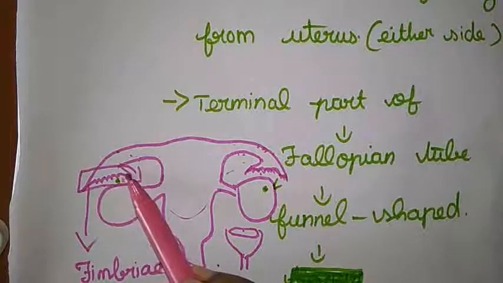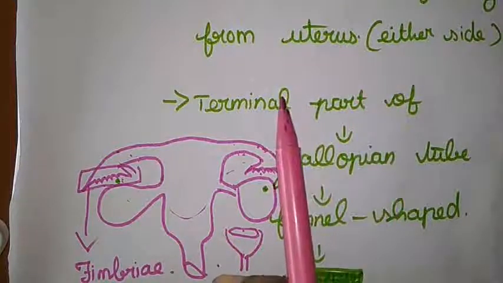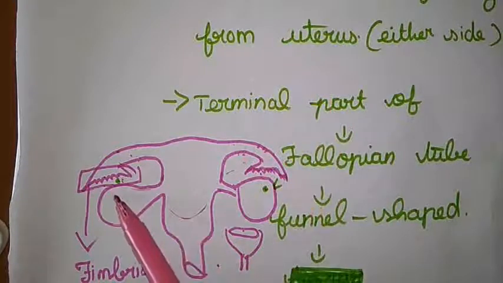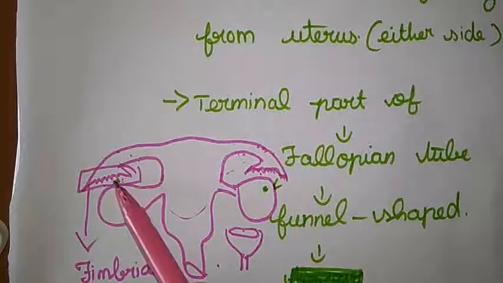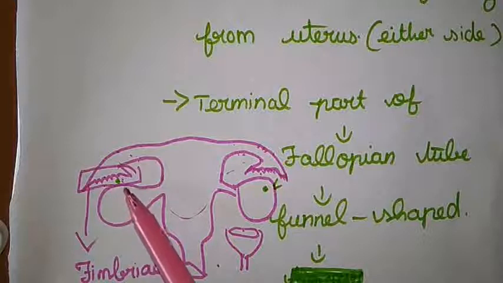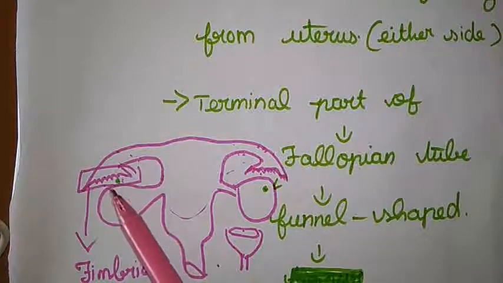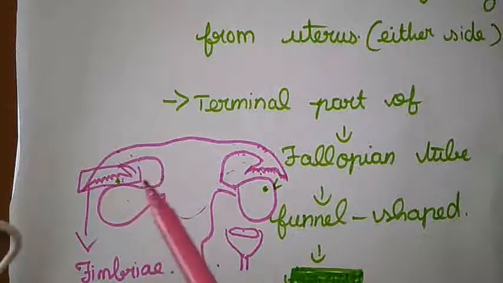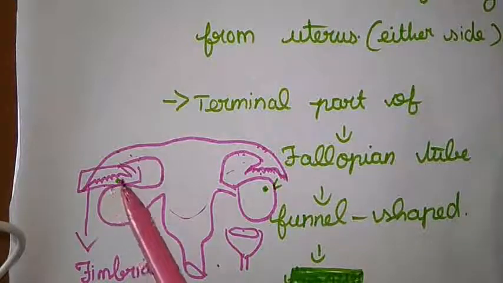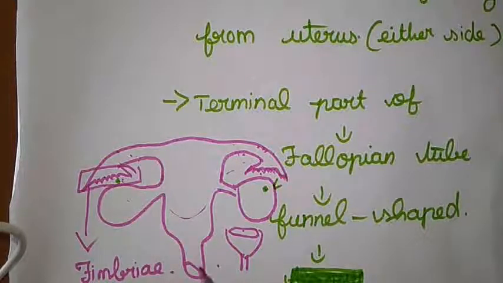And here at the ending part of the fallopian tube they have finger-like projections. Why the finger-like projections? They receive the ovum released from the ovary. The matured ovum is released by the ovary, and the finger-like projections help to grasp the ovum. So that's it for the end part of the fallopian tube, and here at the end part they have one name, fimbriae. Okay, so that's it for the fallopian tube.